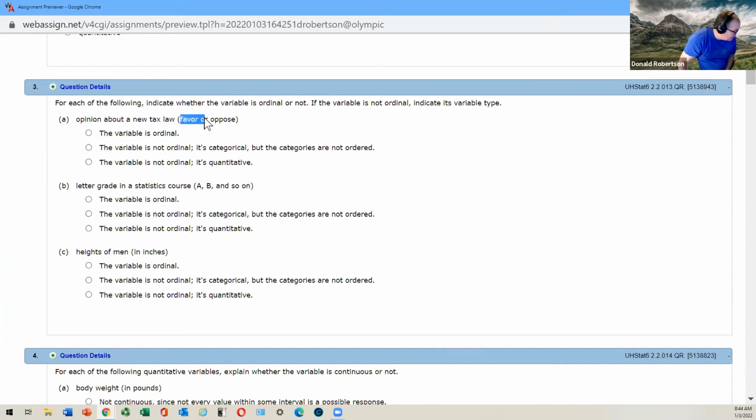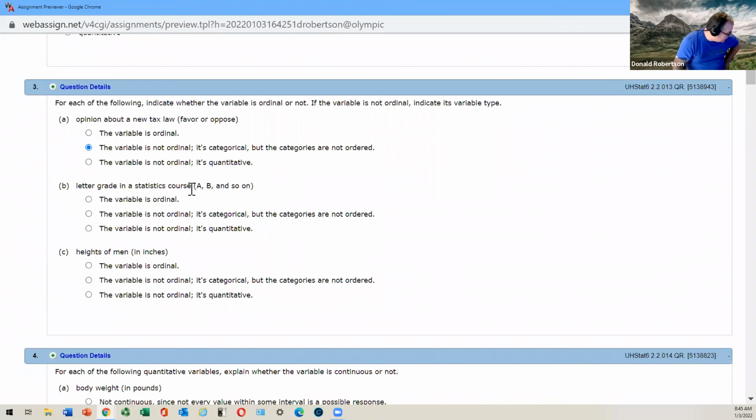And some say, yep, I like it, or nope, I'm against it. That's the two answers that you would get as your data. It would not be ordinal. So that would be the second choice, right? The variable is not ordinal, but it's still categorical, they're just not in any order. I don't think you can say favour and oppose. Couldn't you switch them around? There's no natural order.